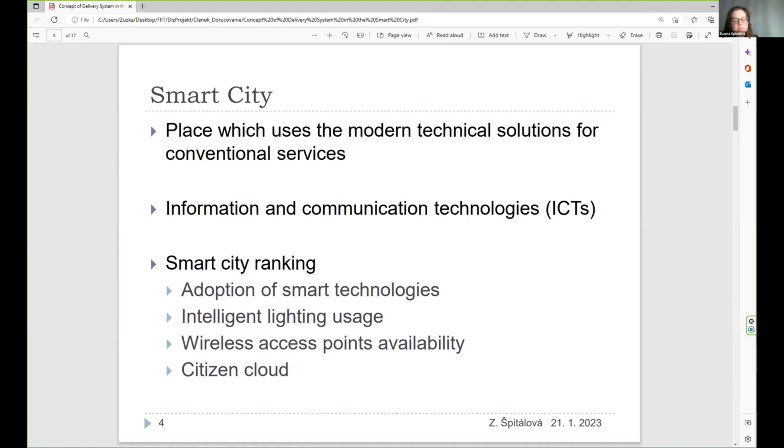And all this information which is shared in this platform can also be used for the improvement of this smart city environment.